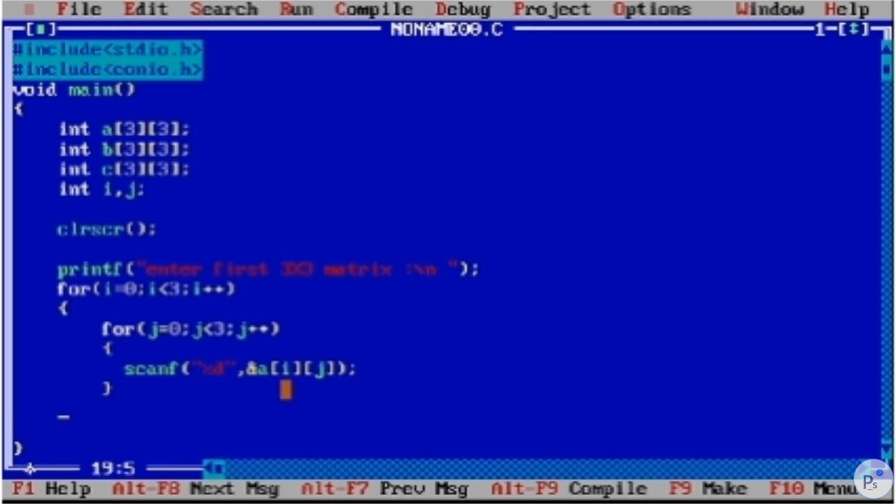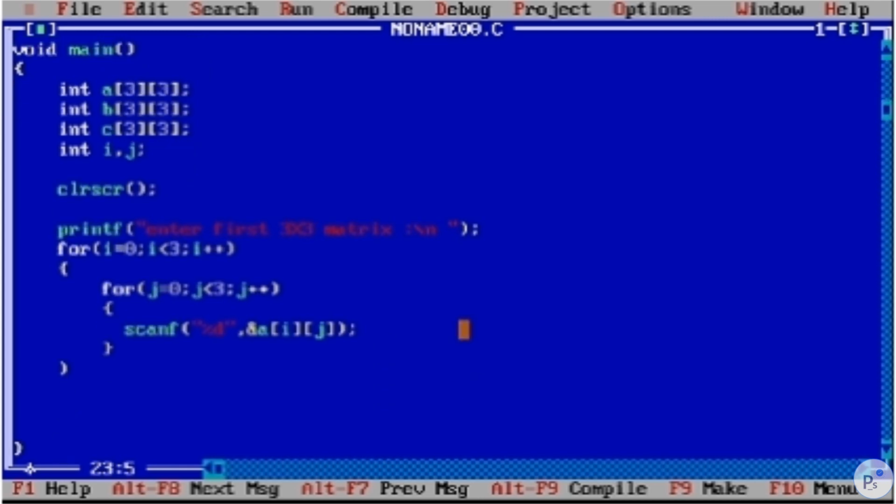We will see that. After executing we are definitely going to see that. I will explain it step by step. So up till now we have got the first matrix.